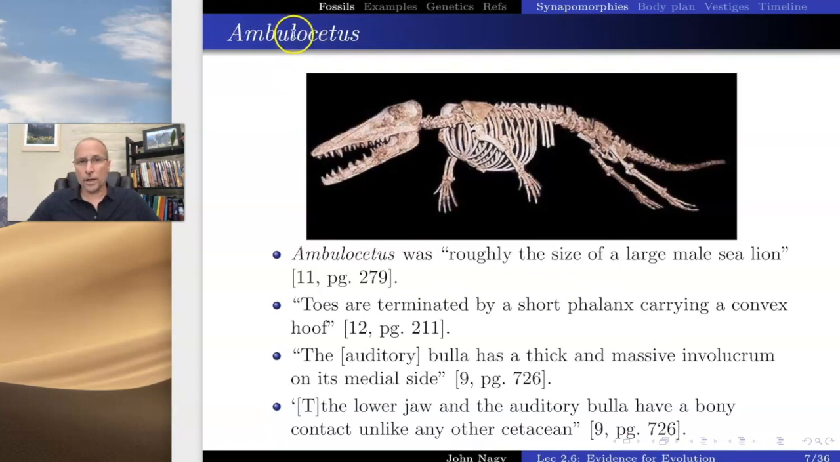Ambulo means to walk. Cetus is the same root as cetacean: dolphins, whales, and porpoises. So this thing, oddly enough, has the word whale in its title, but it's a walking whale. That's what it literally means. Ambulocetus means walking whale. Why is that? Well, it doesn't look like a whale, but what's interesting about it is it has some whale-like characteristics. Its size is about that of a large male sea lion,